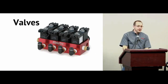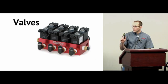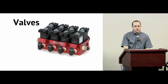This is what they refer to as a manifold-style valve block, being that all 8 valves are on one solid aluminum block. This eliminates many, many connections. If you can imagine having 8 separate valves and all the fittings and the plumbing in between them, that's the key with air suspension, is trying to make it as leak-free as possible, because when an air suspension has a lot of air leaks in it, it becomes a pain in the butt